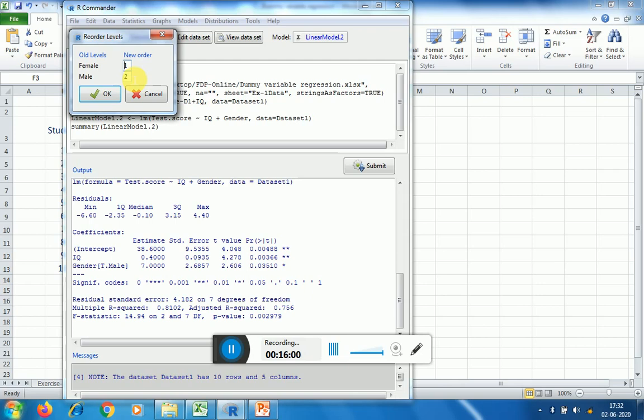Here, for male you can write 1 and for female you can write 2. So this is how you can decide their order as per your wish. But I will recommend that you do not change these levels, keep them as they are, because they are normally taken by default and correctly by R.